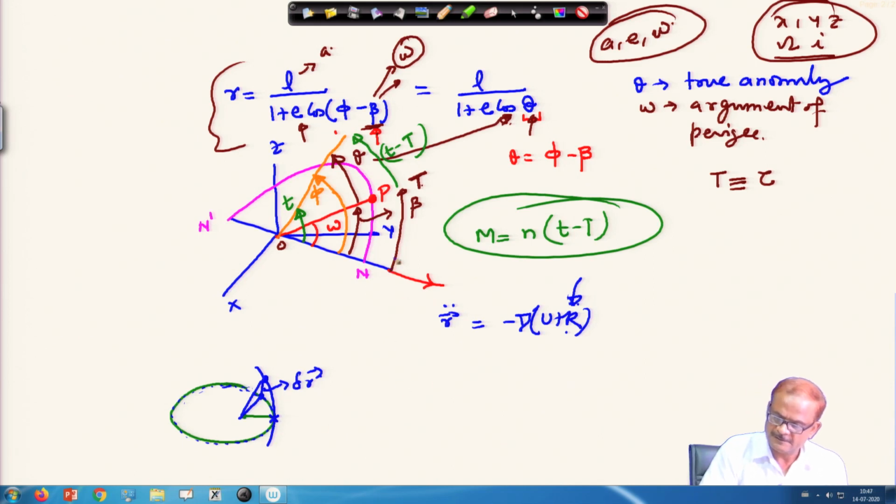Okay. Here in this case you can see what we have written, the time of perigee passage we have indicated here by t, this position. This t will also change. Okay. Omega and t are not the same thing. Remember, omega and t are not the same thing. This is the time taken from the reference to this place, which we are calling the time of perigee passage. And this part is the angle omega. So, if you multiply this t by the mean angular rate, which we are writing as n, this does not give you this omega.